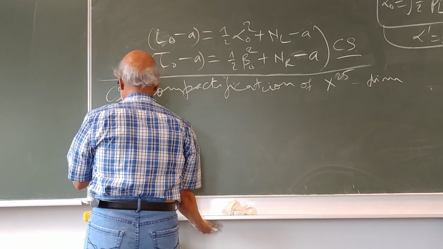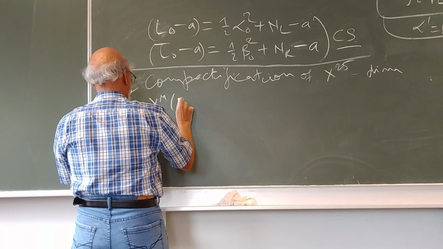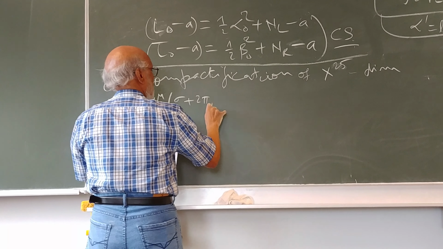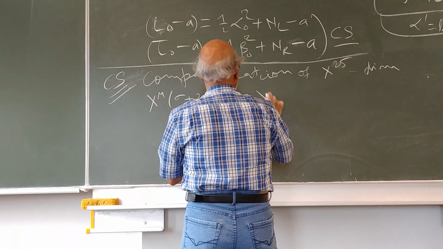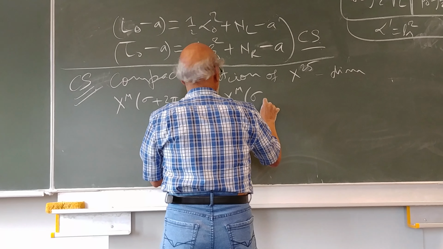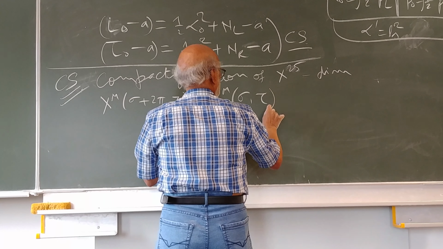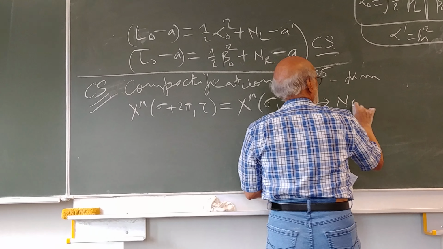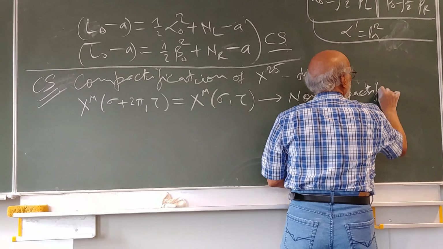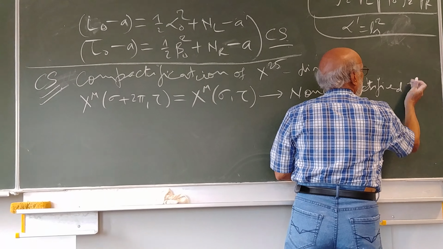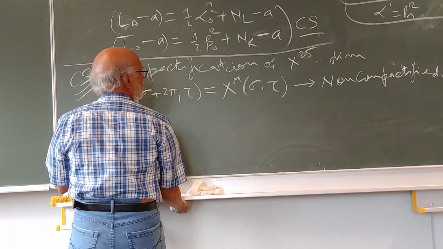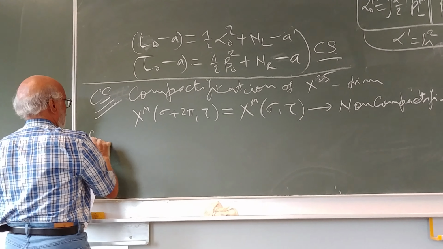So for a closed string theory, x mu of sigma plus twice pi, tau is x mu of sigma and tau. This is for a non-compactified dimension. Now, what we want to do for x25 is x25 of sigma plus twice pi, tau,